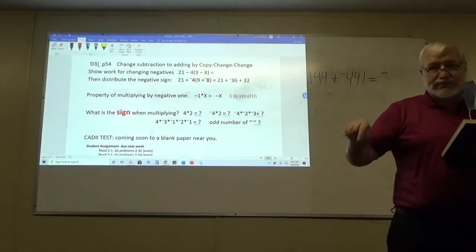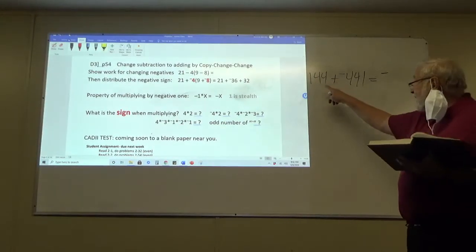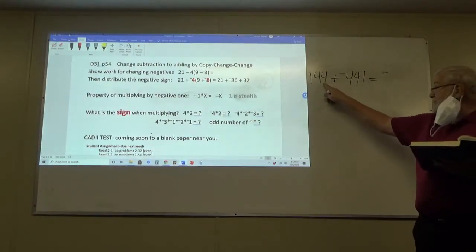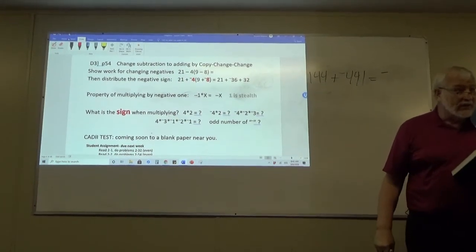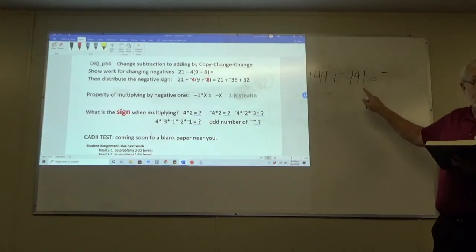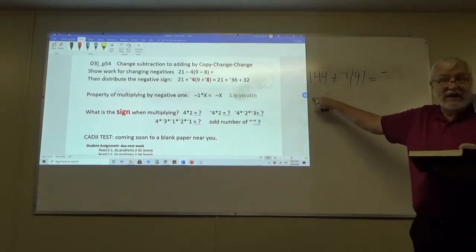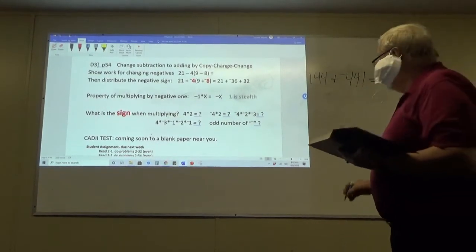Now what happens if you press plus? Because I've changed the problem, I would have to say 144 plus negative 441 in the calculator. And you can do it that way. Right? But we already know it's going to be negative because that stack is bigger than this stack. Right, then what do you do with 4? You could copy